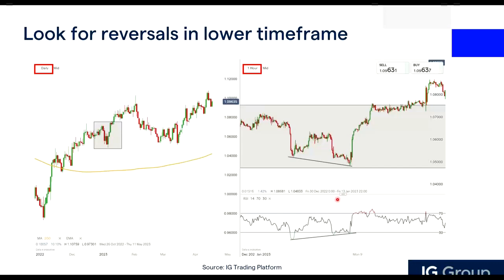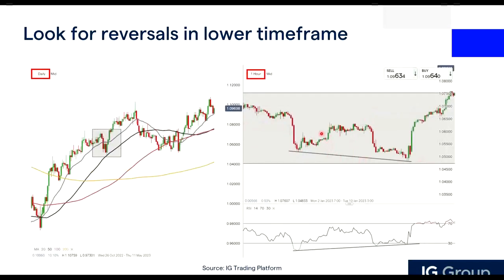We're still trying to follow the trend in the higher time frame. We're not trying to reverse or trade in the opposite direction in the higher time frame. We are still following the trend in the higher time frame, but we are trading the reversals in the pullback. So we are in the same direction as the longer term trend. I hope that is not too confusing so far. So you get the idea. We always want to follow the higher time frame trend. And when we talk about reversals, we are trying to get into the same direction as the higher time frame trend, but we're looking for momentum to fade off in this short-term pullback.